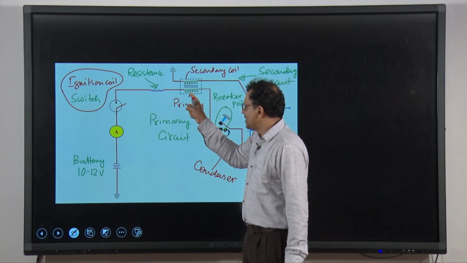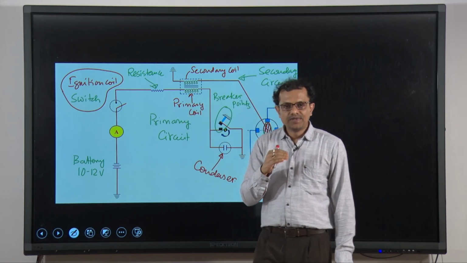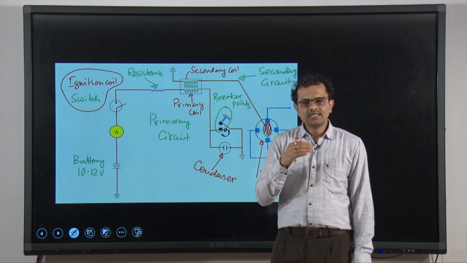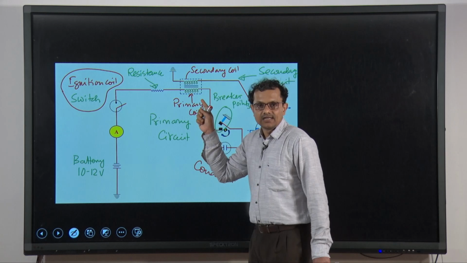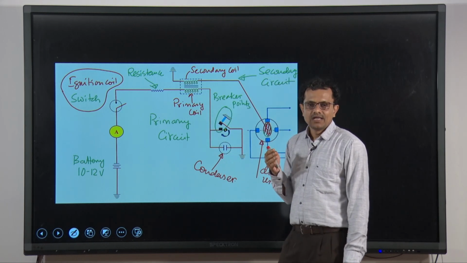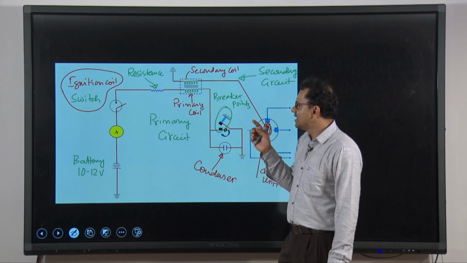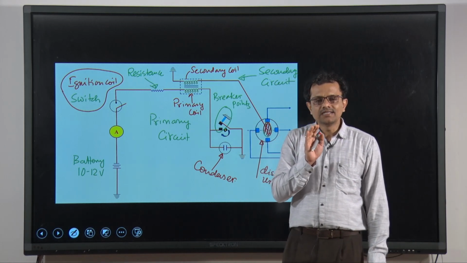Now, when a magnetic field is getting induced, that building process, the induced magnetic field will cut the primary winding, and that process will create a back EMF, and that EMF will again resist the primary current, that is battery